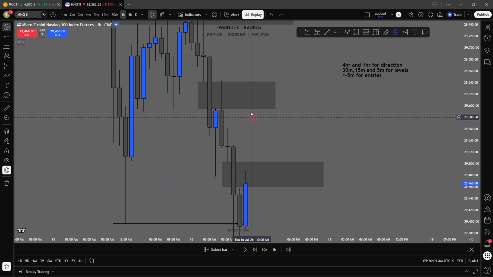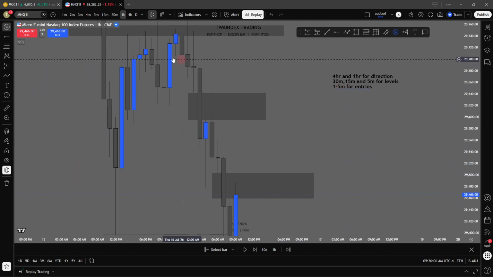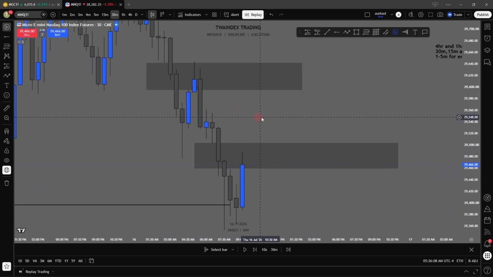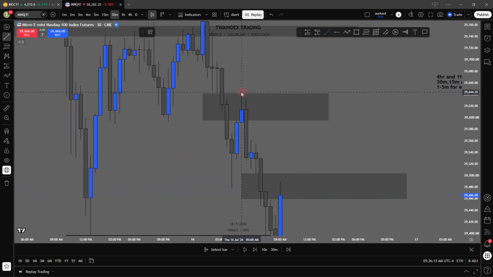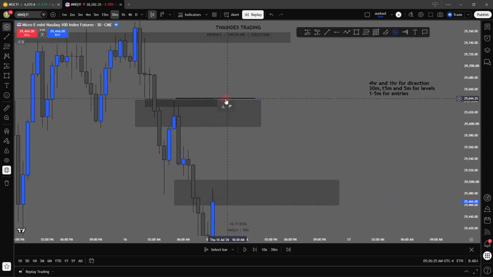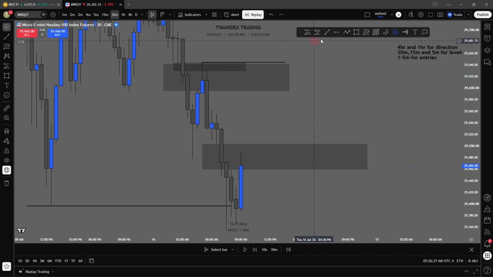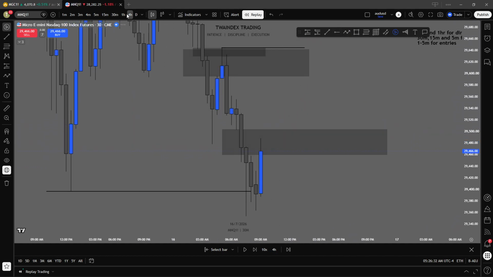So for the 4 hour and 1 hour, I'd have marked out these gaps for my direction. I want to see price continue down. So 30 minute, my levels are internal highs, right? Here is me using liquidity for an entry, right? If price was to come up this 30-minute, since we are inside of this fair value gap that we reacted out of, I like to use the highs that are left from the reactions. I like to see that high. It'll be interesting sell off,